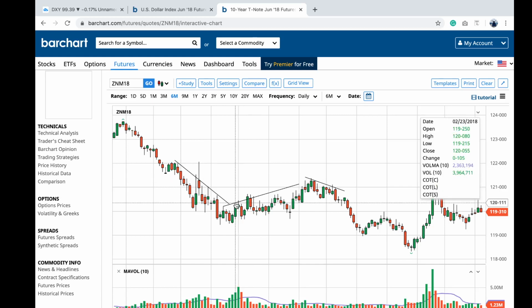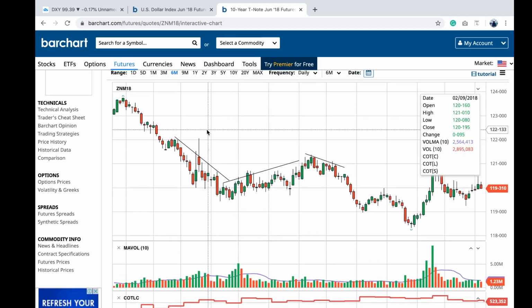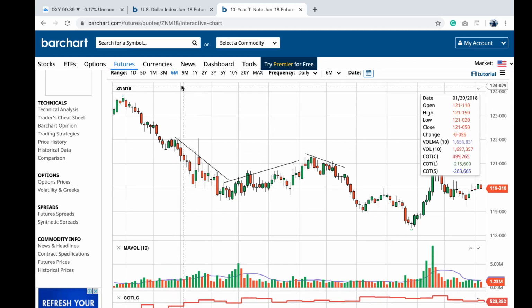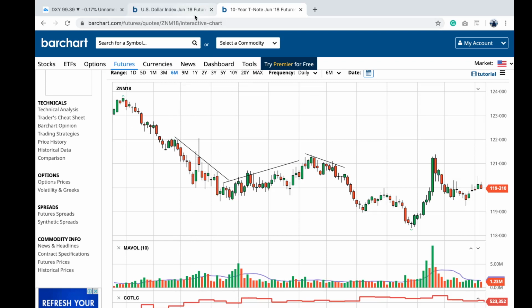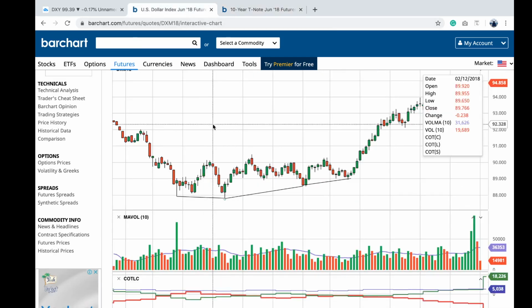All right, so now, if you note, I also said something like, whenever you see the 10-year treasury note basically making the same movement as the DXY, which is a reflection of the yield, that is going to indicate that price would be stuck in a range. So some of you might ask, Gene, what do you mean by that statement? So what I simply mean is, if you look at DXY, right, from